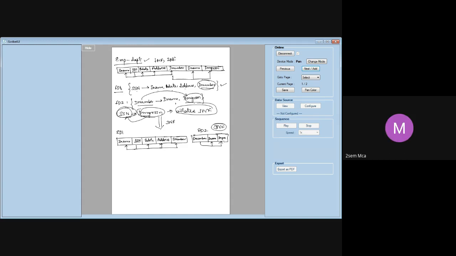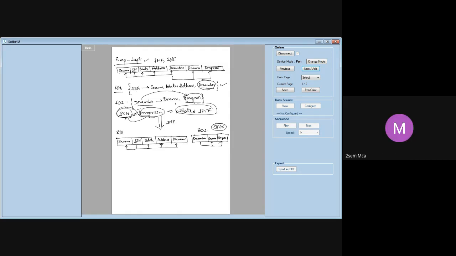If address becomes a multi-valued attribute, then I cannot include it here in EMP department. I'll have to create a separate table along with the primary key of EMP department. Similar to what we saw in the lab example where phone number was a multi-valued attribute. So we took that multi-valued attribute into a separate table, phone number, is it not? For every player can have multiple phone numbers. Just remember how we did that. Yes, ma'am. Same thing we have to do here if address becomes a multi-valued attribute.